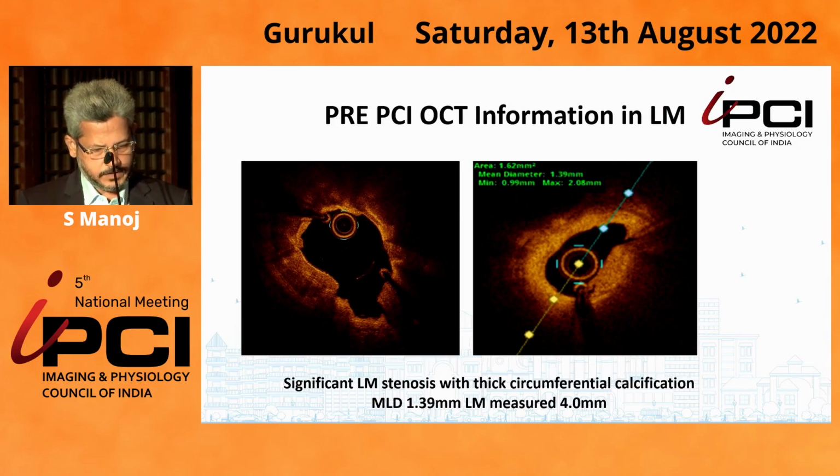So the significant left main stenosis with a thick circumferential calcification with a minimum lumen area of 1.6 square millimeters was noted, MSA, minimum luminal area, and the MLD was 1.39. So the left main measured 4 millimeters. Therefore, there was a necessity to do a left main intervention, being a circumferential, thick, dense calcification, almost more than